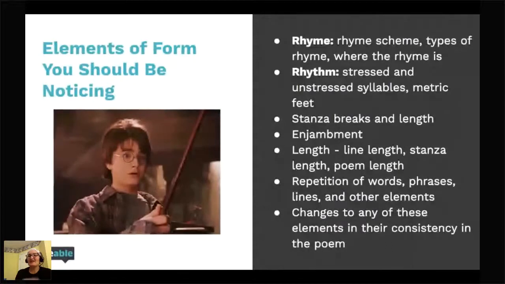So if you see a consistent pattern going on for a poem, so they have the same rhyme scheme, it's like A, A, B, B, and then C, C, D, D keeps going on, and then suddenly the rhyme scheme completely changes, then my question to you is, if you see that, what might that indicate from an author? Why would the poet decide to maybe change the rhyme scheme? What might be a reason why? And that is, again, to you. Don't be shy. Say anything. What could that be? Or changing any of these elements, really. So it doesn't have to be necessarily changing the rhyme scheme.